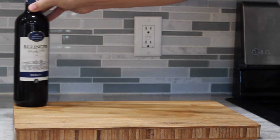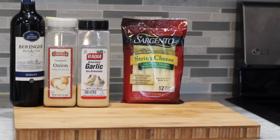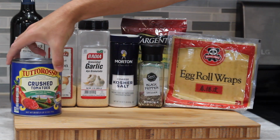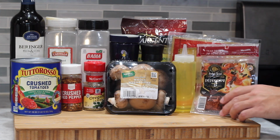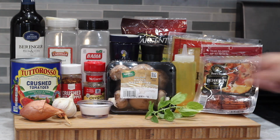I feel like it's a good stepping off point if you wanted to get playful and see what you can do with it. For my version, I grabbed some red wine and onion and garlic powder, the same string cheese and salt and pepper, the egg roll wraps, a can of crushed tomatoes, crushed red pepper flakes, dried oregano and mushrooms, olive oil, pepperoni, some fresh shallot, garlic, a little bit of sugar, and some fresh basil that I got